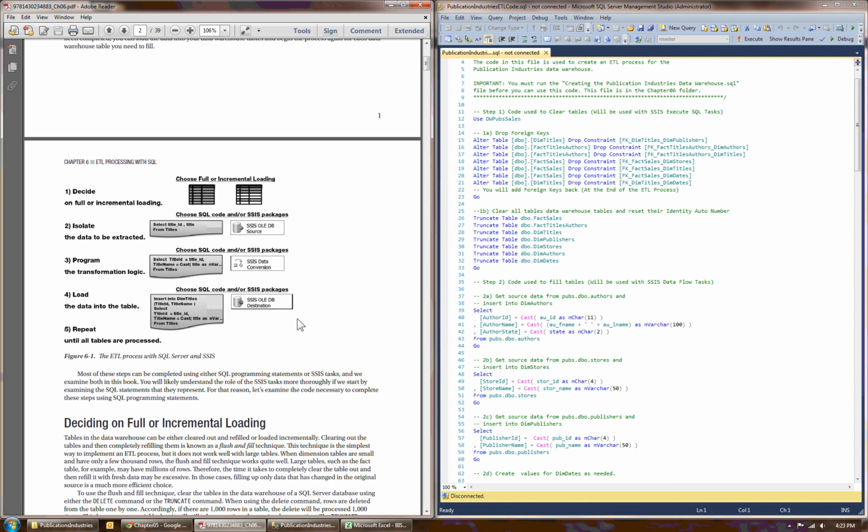If you'd like additional information about incremental loading, I'm providing some on my website, so you can look there to find some additional examples that hopefully will augment your understanding. But anyway,